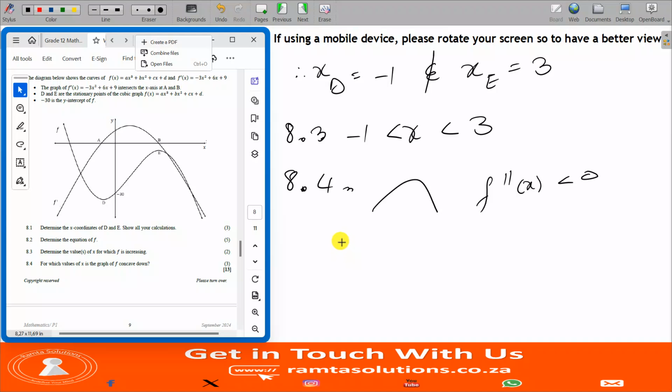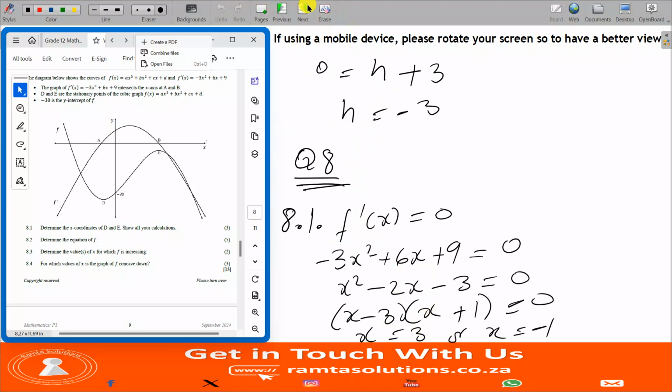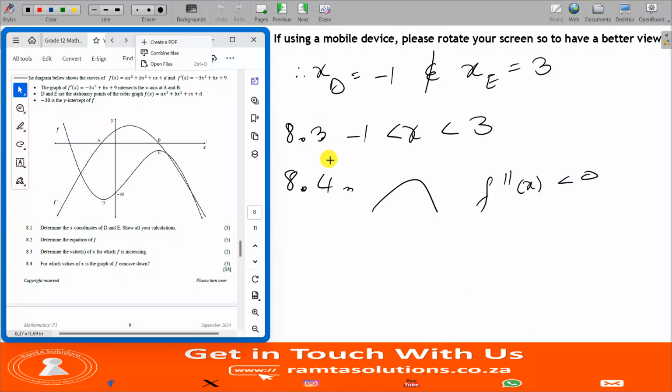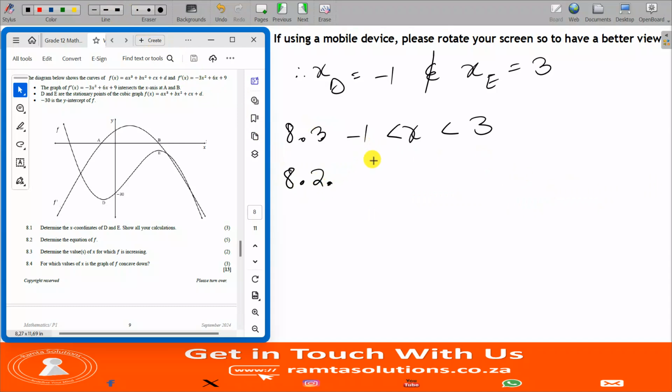If you recall, did we find the equation of f? Oops, guys, we missed a question. We missed 8.2. Since we missed it, can we do it now before we proceed? Let's do it quickly. Let's fix it now. 8.2 is,